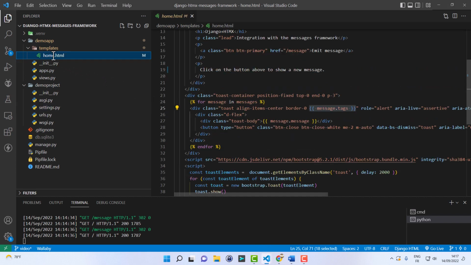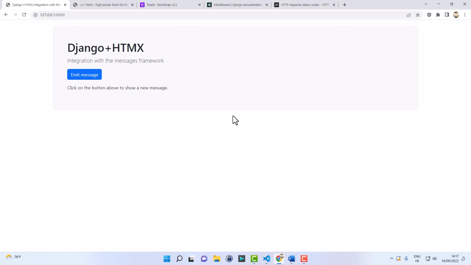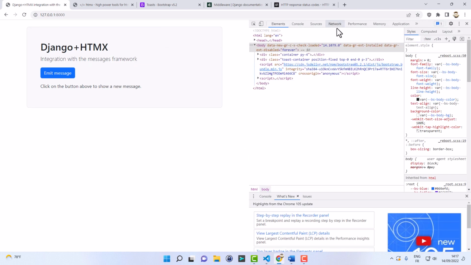Now let's see what the button is. The emit message button right now is an anchor tag with href that points to message. And let me show you that again with the DevTools and the Network tab.